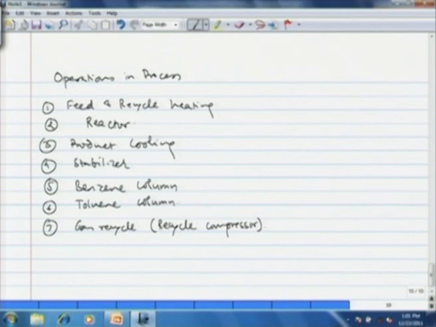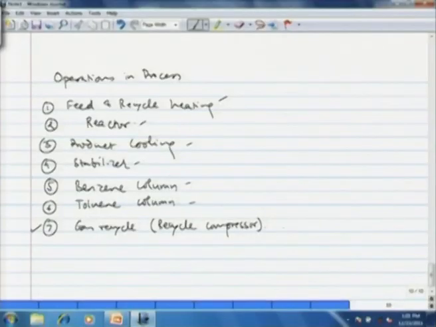We have not considered here the liquid recycle, because I mentioned to you in previous lectures that liquid recycle requires only a pump, which is an insignificant component. It does not have much cost, so we do not consider that. However, gas recycle requires a compressor which has high capital as well as operating cost. So that we identify as a distinct operation in the process. So what we will do in the next lecture is that we will try to lump the costs that are associated with each of these operations and try to prepare what is known as a lumped cost diagram of the process.